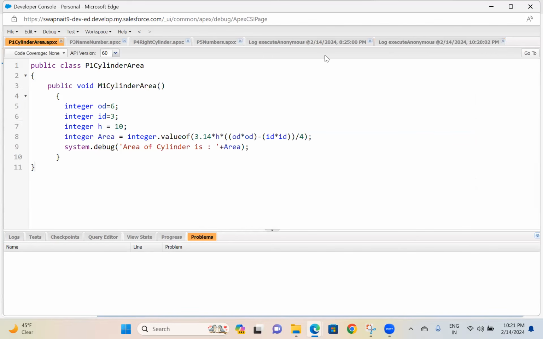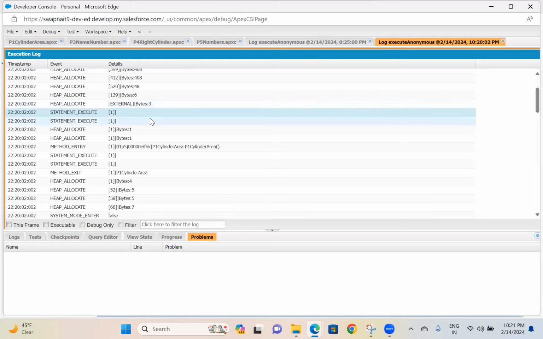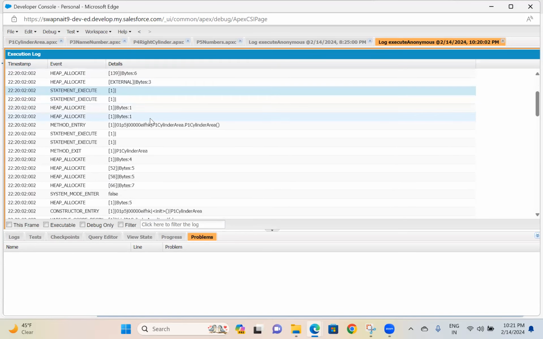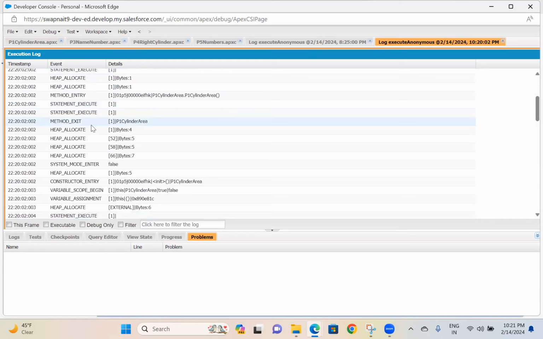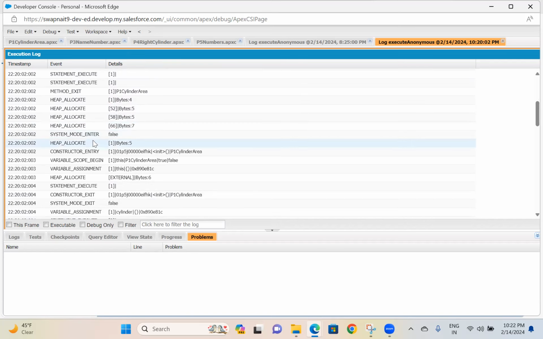Then the method execution is started here. After the method execution, the default heap allocation, which happens for every program, is done again here. Then I can see the variables.